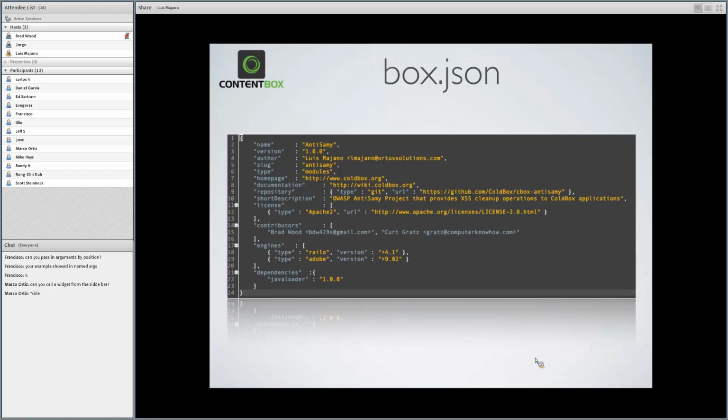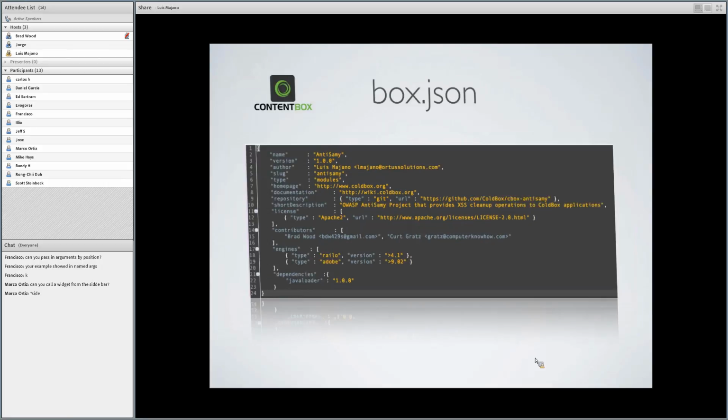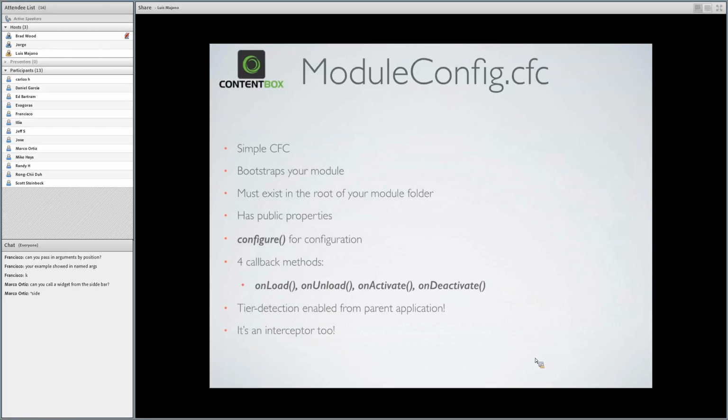It can also have handlers. It can have its own layouts, its own models, its own module inception, its own views, and of course, its own widgets. Now remember, the widgets is an enhancement to ContentBox, not available in traditional ContentBox applications. But since we're in a ContentBox ecosystem, they get enhanced. Okay? So a module can be a collection of widgets as well.